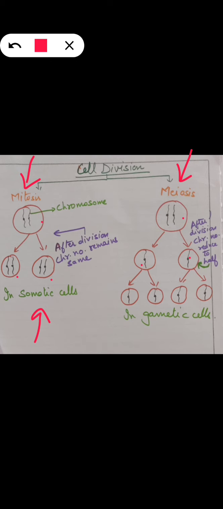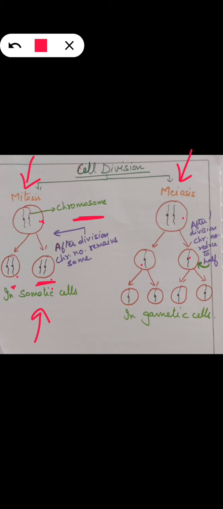The difference is that within the cell there is a presence of chromosomes in the nucleus, and every individual has a fixed number of chromosomes. Take the example of yourself. In the human body, 23 pairs of chromosomes are present. Might be you people are aware of that. Here I have represented one single pair as a representation. So when a cell divides, two are formed. Still, the two cells which are made over here contain the same number of chromosomes as was present in the parent here. So pair here, pair here. There is no change in the number of chromosomes, although the cell has divided.